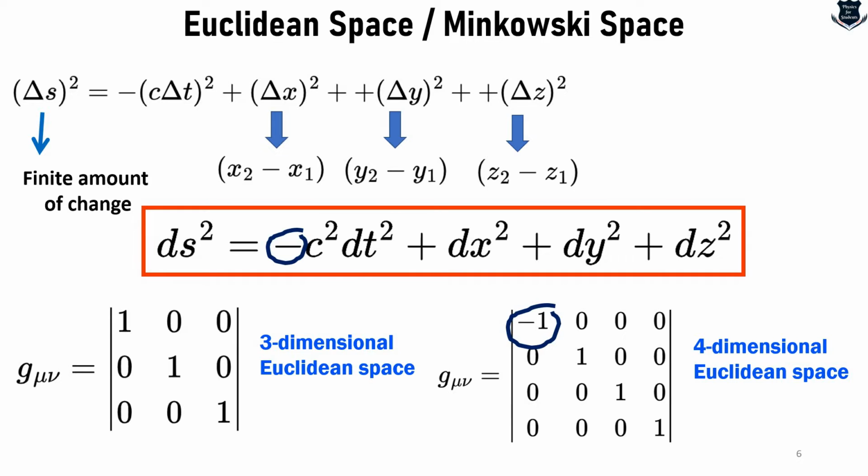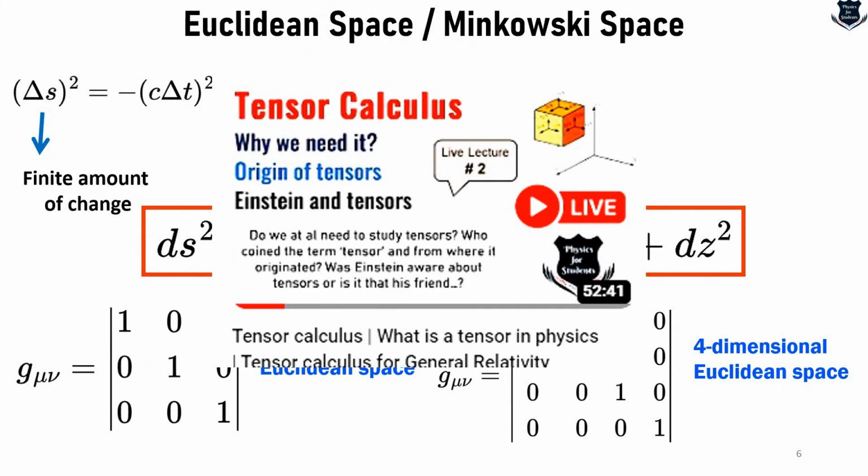If you really want to know why we use minus c and why we don't use plus c, or my question would be rather, can we use a plus c also in determining the Minkowski matrix, I would recommend you to go to this lecture, which is a live lecture, Tensor Calculus live lecture 2, which is there in my playlist in the live section. I have actually given a detailed derivation on why this minus c, what will happen if this is a plus c, and what are the consequences, etc. Because this is a different kind of video, I would request you go ahead and look into it. This will give you an understanding of why it is minus c.